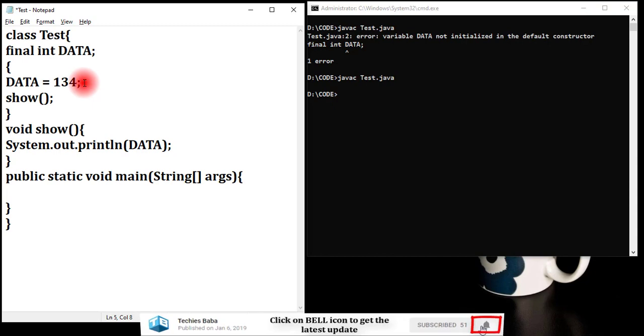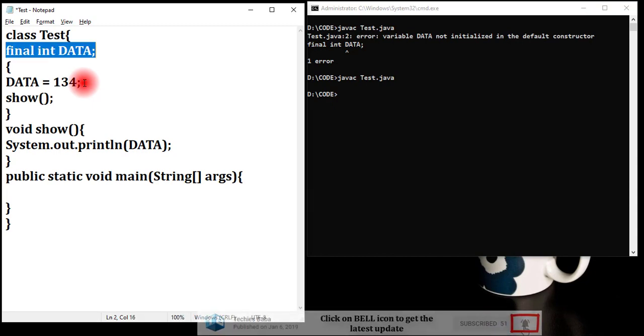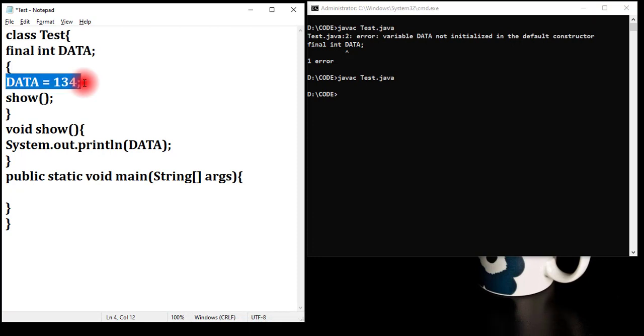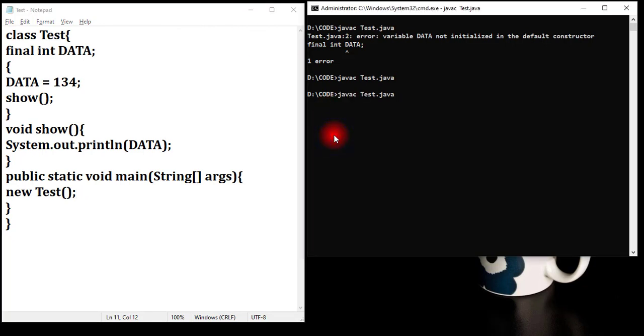So what I want is, I have a blank final variable, an instance variable. I have some data initialized. Show me the value. And then in the main, I am just creating an object so that it will try to print the value. So I am compiling this and then executing. It is showing 134.